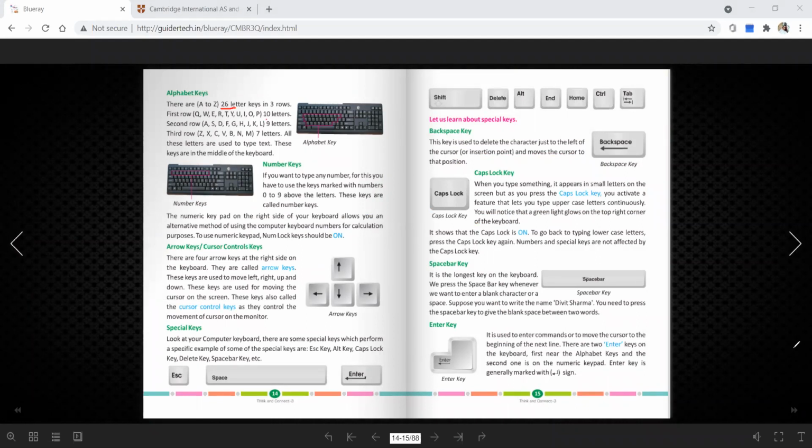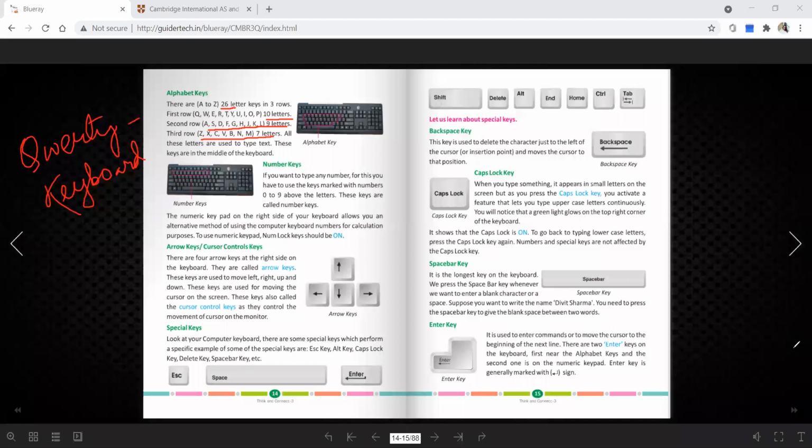The first row has 10 letters: QWERTY and UIOP. That is why our keyboard is sometimes called a QWERTY keyboard. After that the second row, ASDF, these are 9 letters, and ZXCVBNM, these are 7 letters.